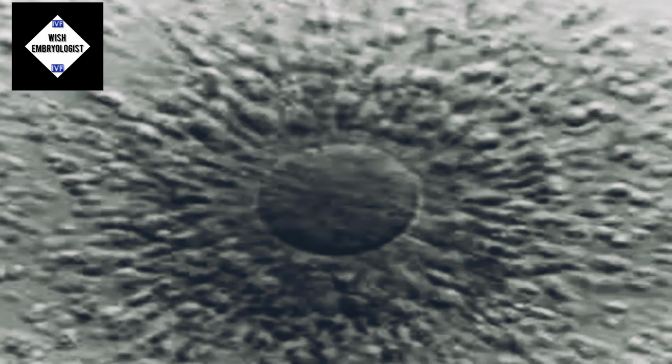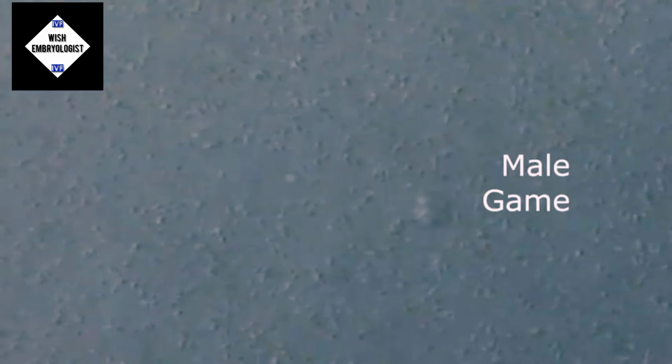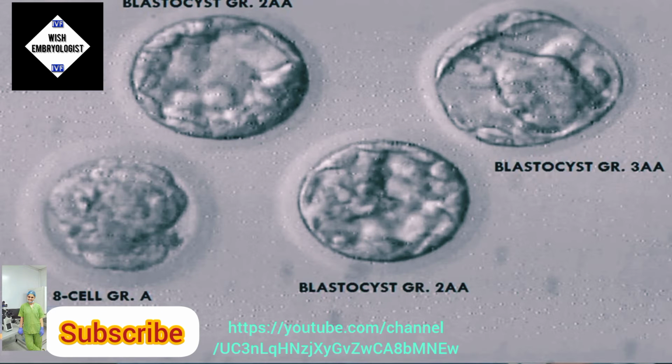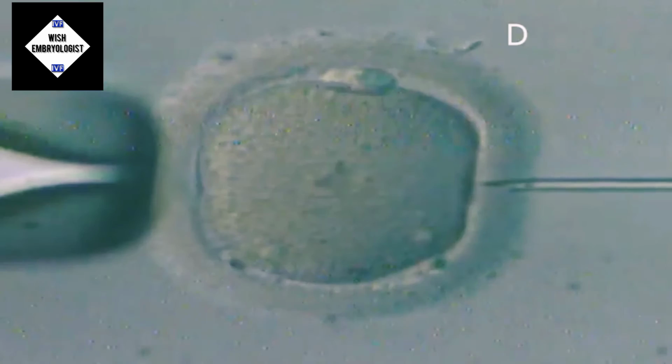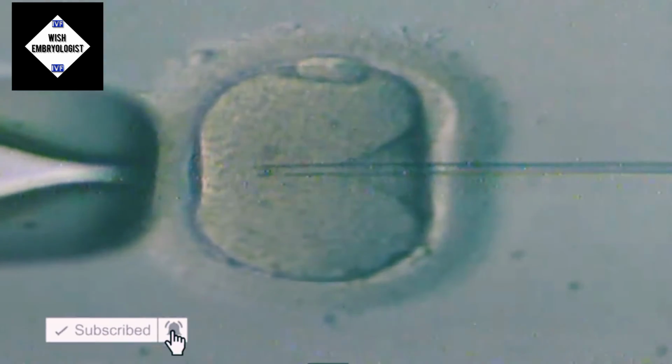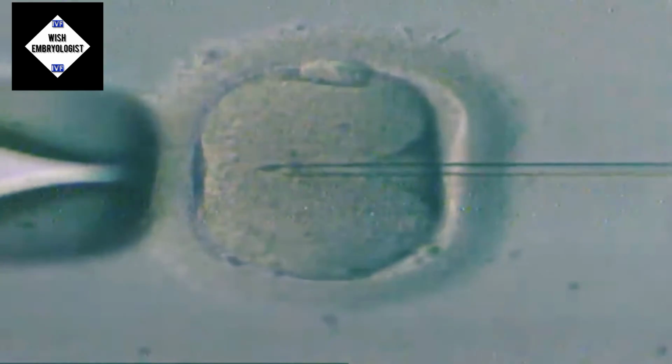An egg is the female gamete, so when the doctor does an egg collection, he or she takes up the eggs along in a tube, and that tube is passed to the embryologist along with the culture media and into the lab. The sperm is the male gamete, and what the IVF laboratory does, the embryologist, the magician behind the IVF treatment, puts these eggs and sperms together. This could be an IVF with a culture medium where the sperms fertilize the eggs themselves, or with ICSI, known as intracytoplasmic sperm injection, where they actually give the sperm to a single egg one at a time, which is quite fun to watch.